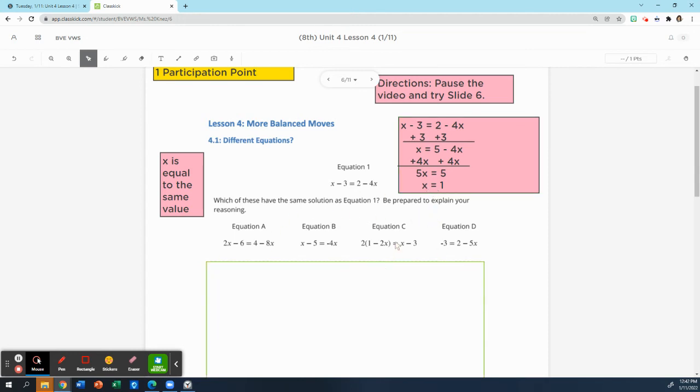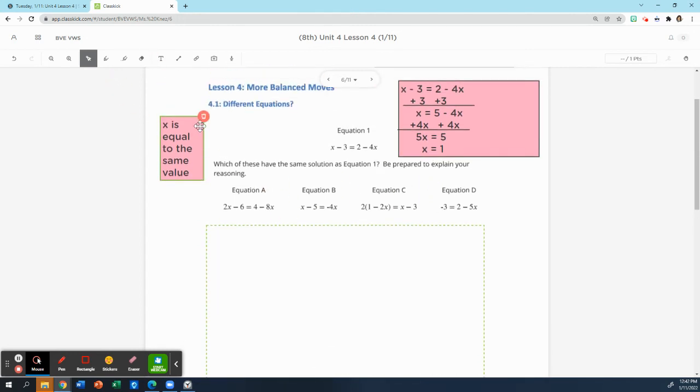And so for any of these other equations, if x equals 1 makes the equation true, then we know that's a valid solution. So for example, if I said 2 times 1 minus 6 is equal to 4 minus 8 times 1, if x can equal 1 and this equation can be true, then I know they have the same solution. Well, I know 2 minus 6 is equal to 4 minus 8, and 2 minus 6 is negative 4, which is equal to negative 4. So I know that these equations have the same solution,